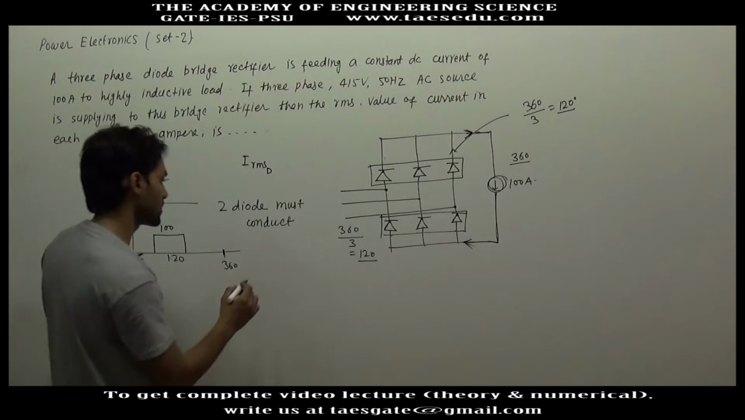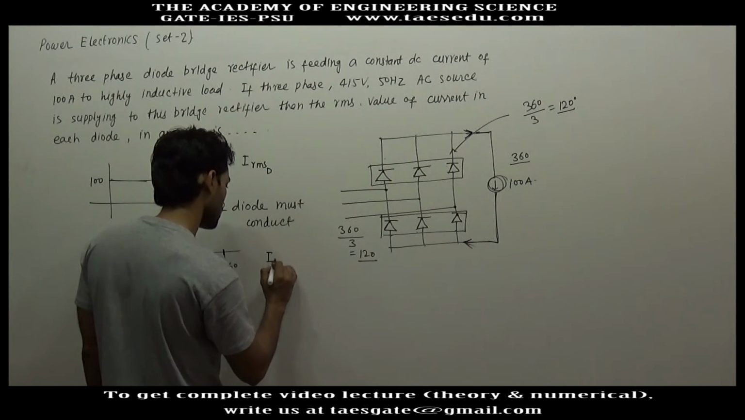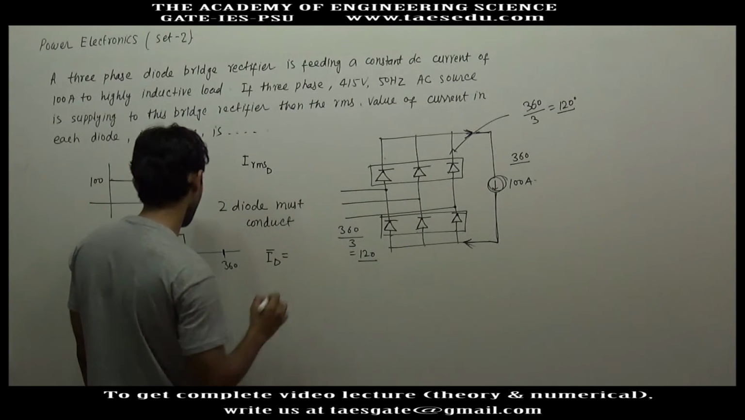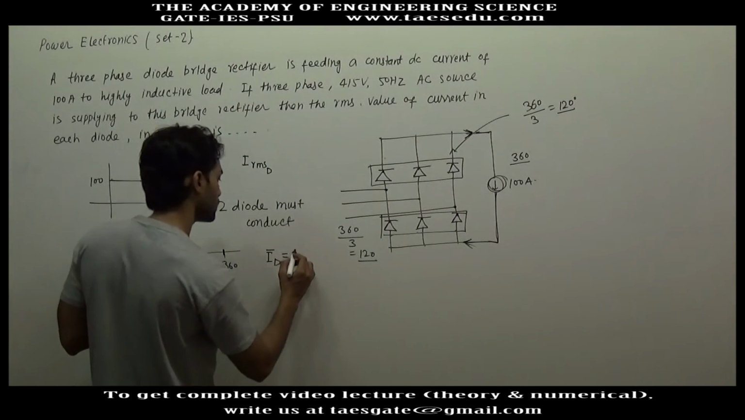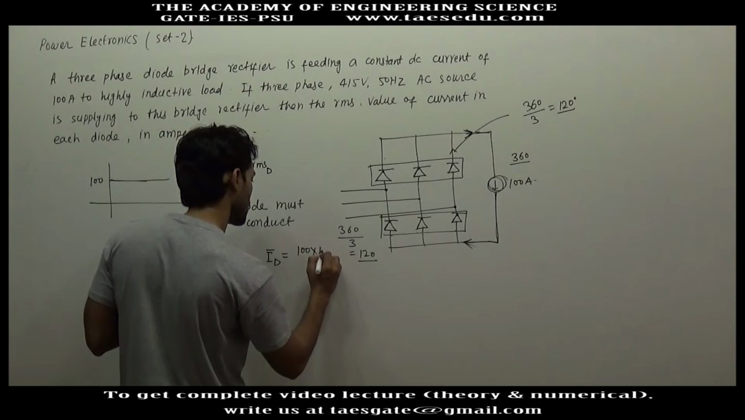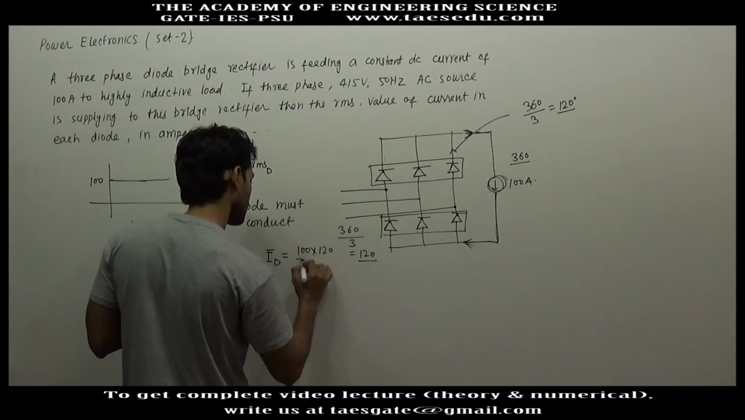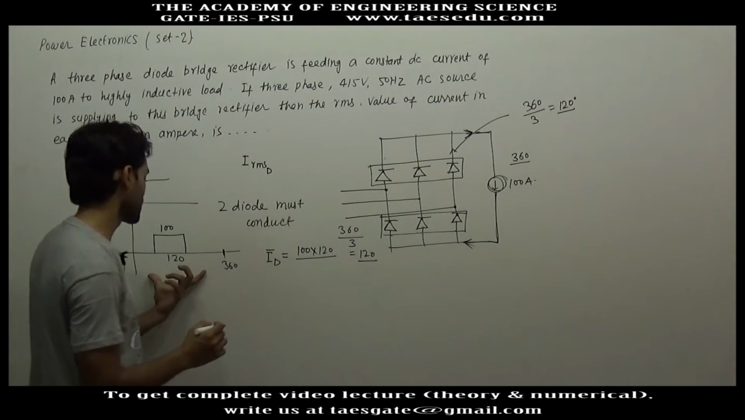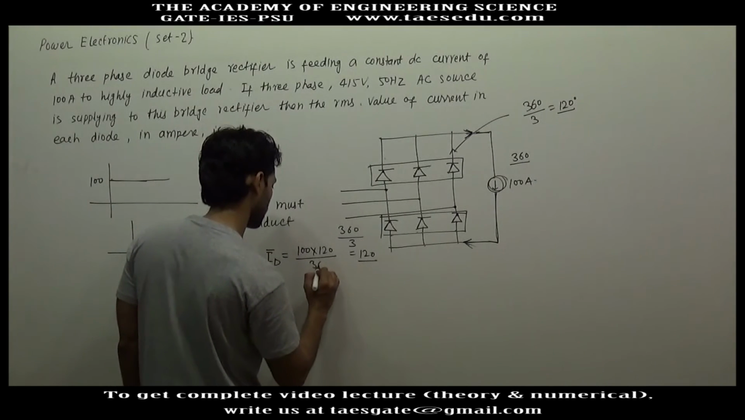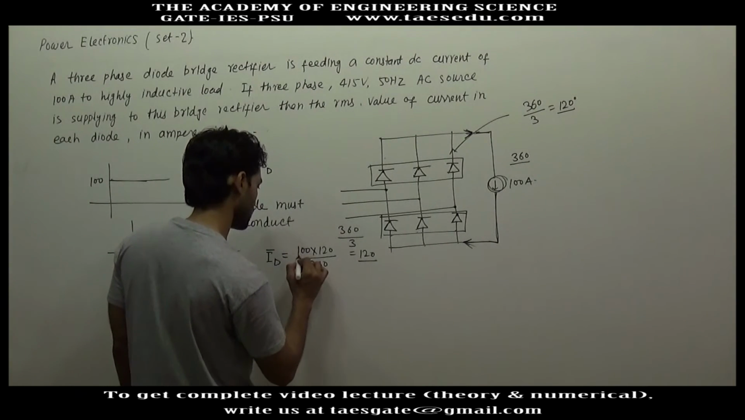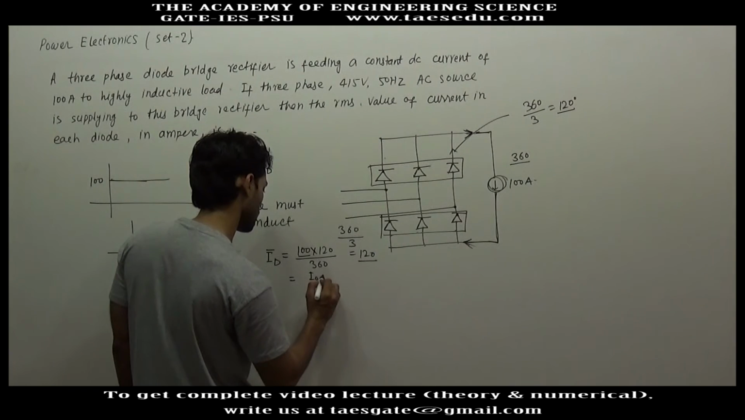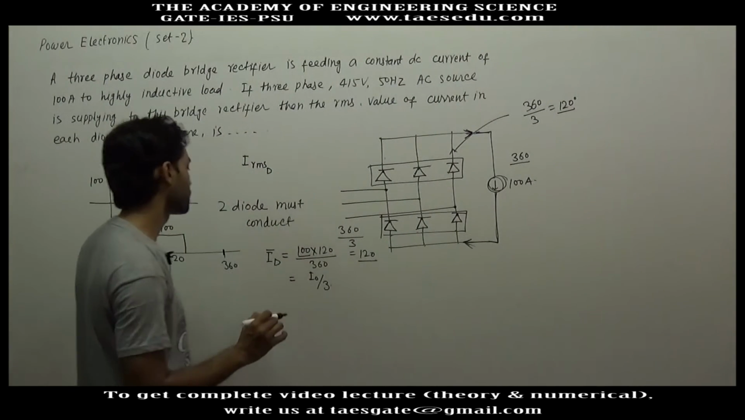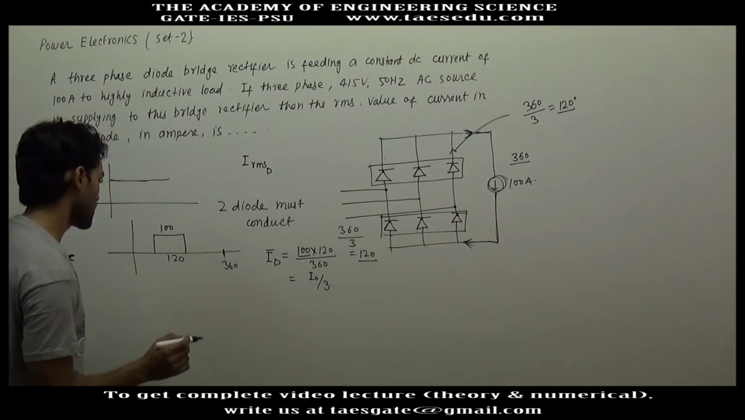So the average current through diode will be this area, 100 into 120 degree, divided by total span, which is 360 degree. Let's say this is I naught. So average current through diode will be I naught by 3, and RMS current will be,